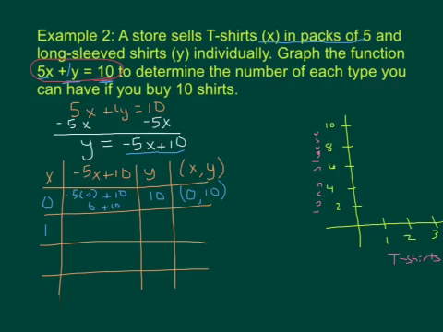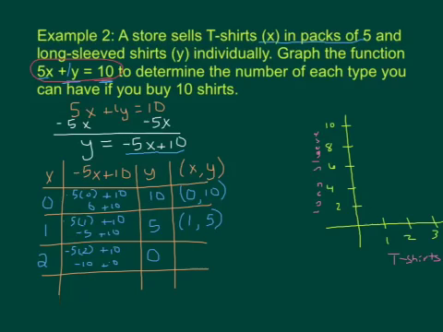So if I buy 1 pack of t-shirts, that's negative 5 times 1 plus 10. So that's negative 5 plus 10. That means if you buy 1 5-pack of t-shirts, you could buy 5 individual long sleeve shirts. Okay? And what if we buy 2 packs? Negative 5 times 2. So we have negative 10 plus a positive 10